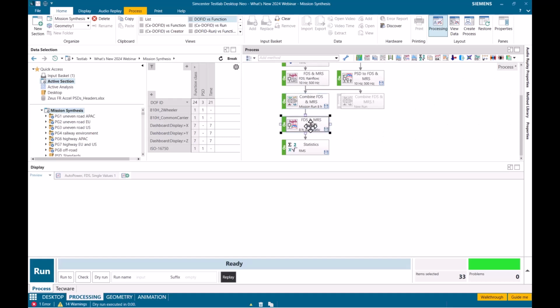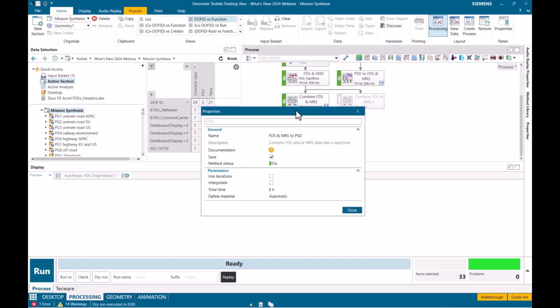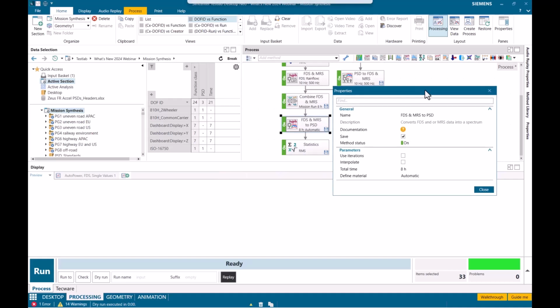In this next block here, I choose the parameters for synthesizing my PSD from this data. I'm not going to use iterations. That's something that we won't touch on too much in this webinar, but it's essentially to try and get the final FDS result derived from the synthesized PSD to match more closely this combined FDS.